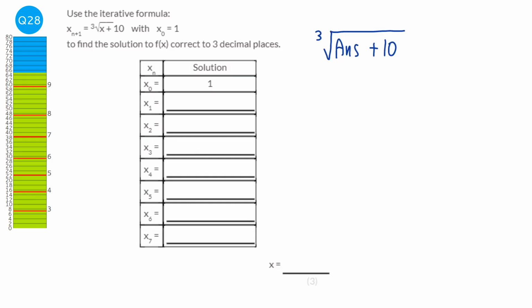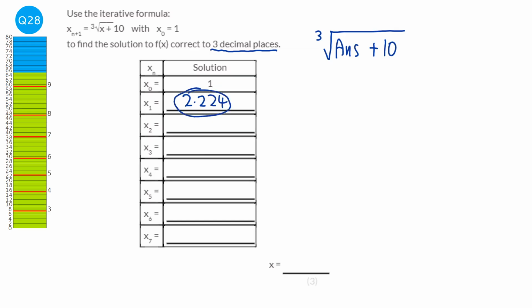When we press the equals button, it will work out the next number in our iteration. So if we press equals, we get 2.22398 and so on. Because we're looking for 3 decimal places, we're just going to work that out to 3 decimal places. So it will be 2.224. Then all we need to do now is press equals again,